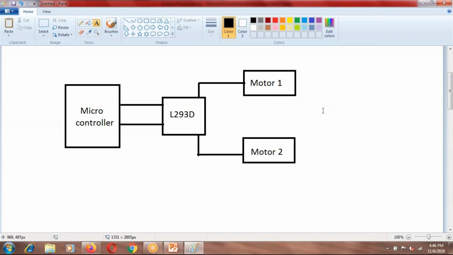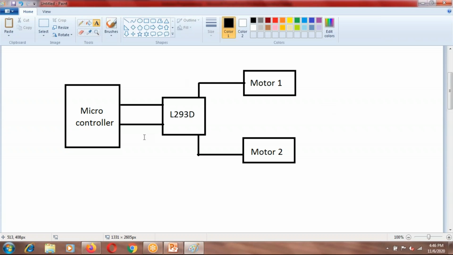So we can directly control, means the microcontroller only you are deciding which terminal is to be given a high voltage, and which terminal is to be grounded. Because you will see here that the microcontroller will also have these two pins. On one pin you will be sending a high. So what is the need of L293D here?